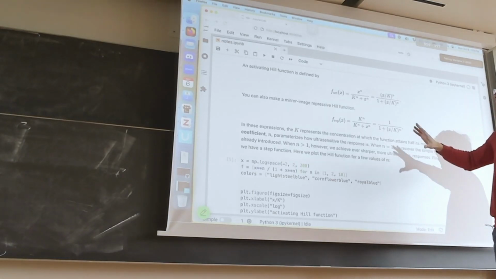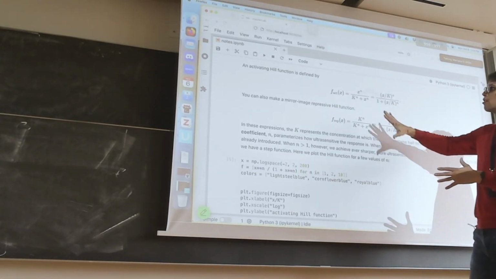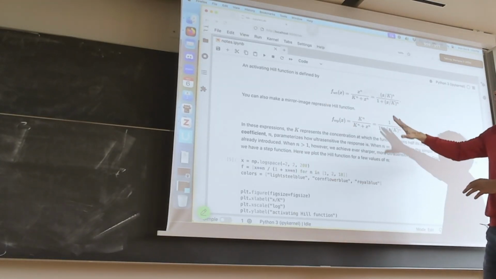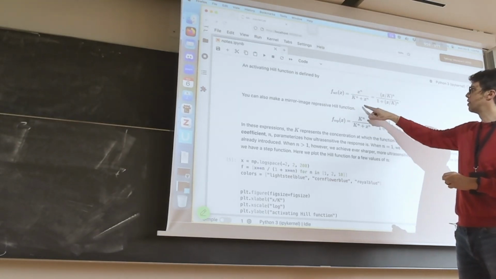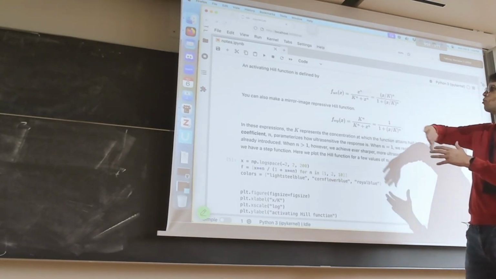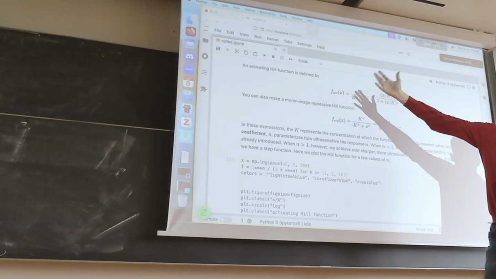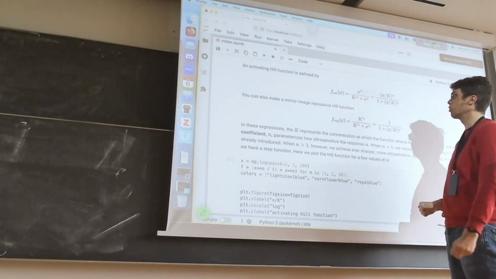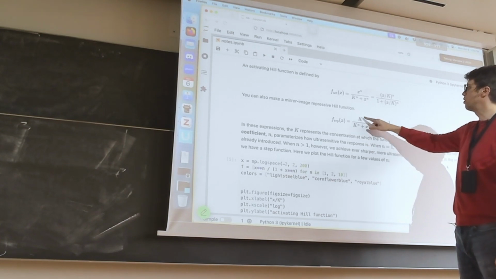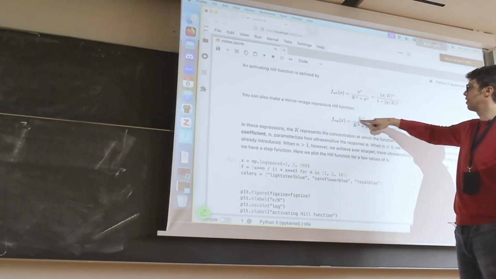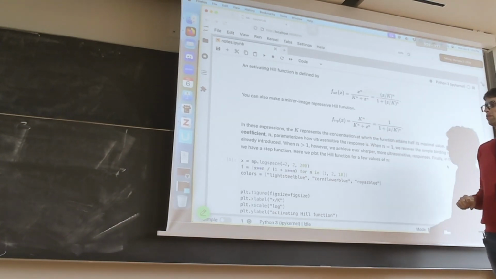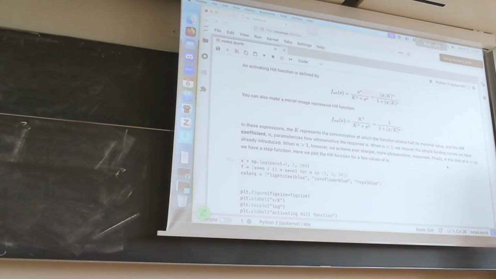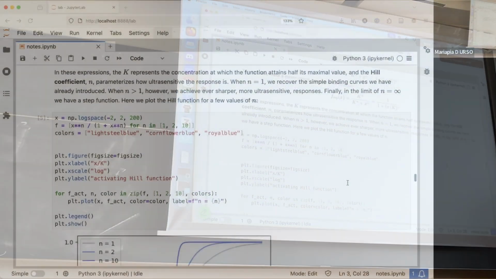OK. This is a repressive Hill function. And there's also an activating one, which is now we want a factor that approaches 100% when we turn up x. This would be positive regulation. And this is just, you copy this, but now you're replacing the k here by an x. What does this do? If you're increasing the n,